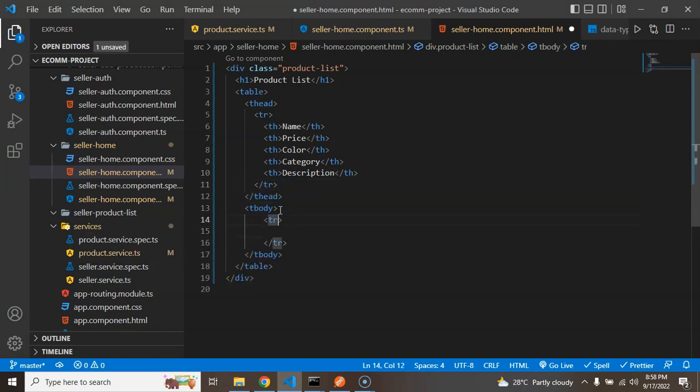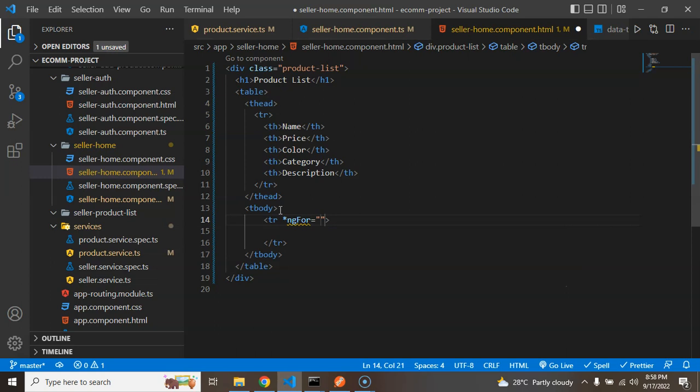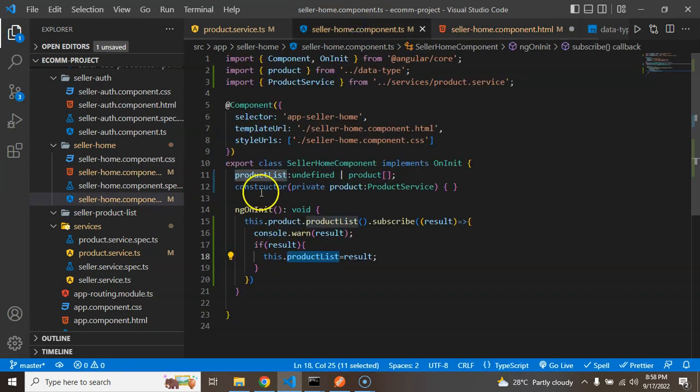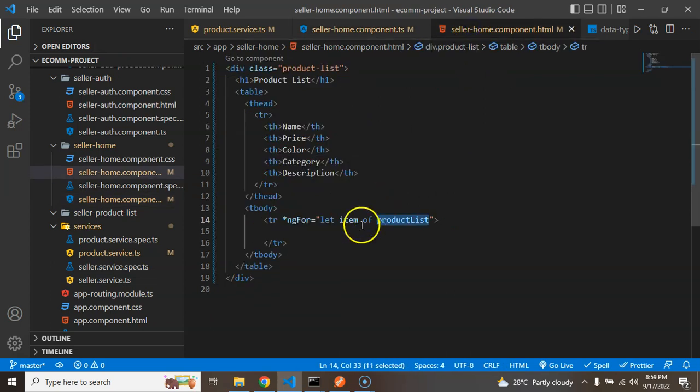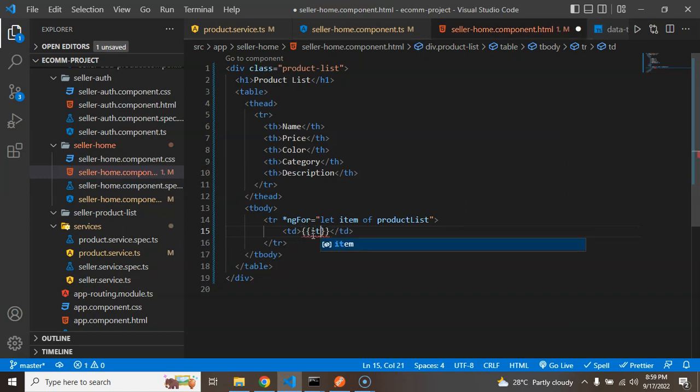And on the tr we have to just use the *ngFor, and there we can just take a variable, let's say item of productList, right? We are using this productList from this class group, right? And the next thing we need to do there, we can add some tds. So let's say I am just printing there item.name,